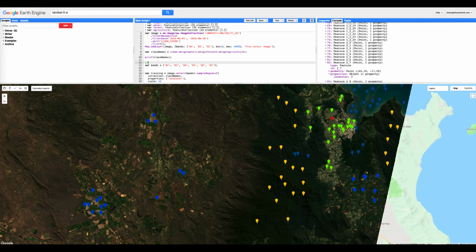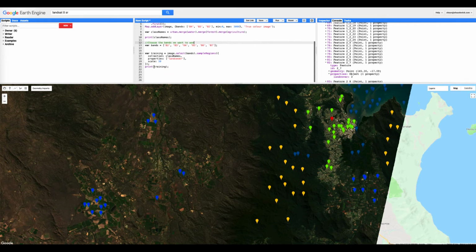So I'm going to just make a note here that we choose the bands we want to use. And then the next step, we're making a variable training. And this is actually going to be our training data sets, because we're using a function, sample regions, to extract based on the class name for the property land cover, the reflectance values from those bands. So this is then create training data, and we're going to print that training data to the